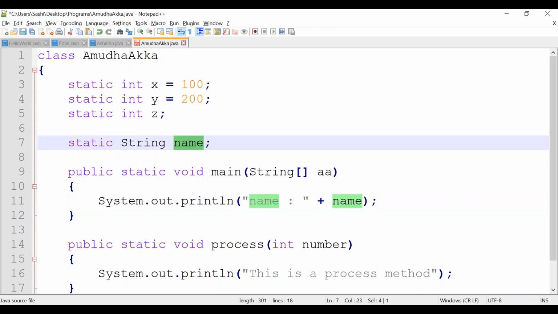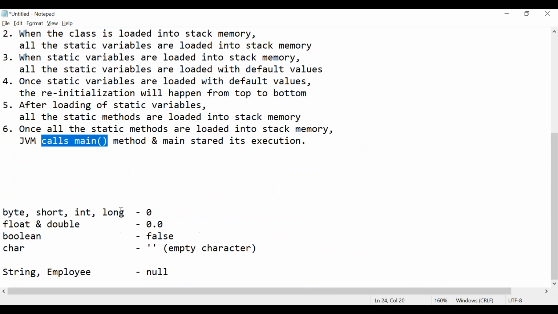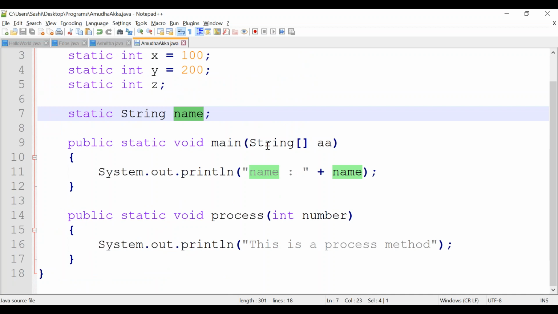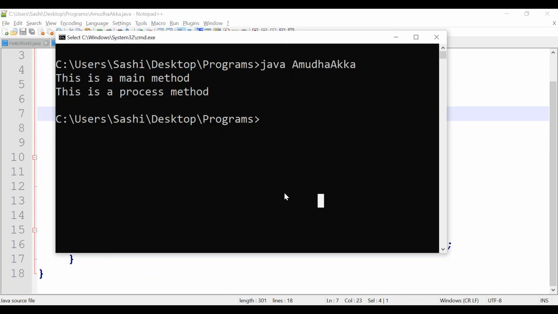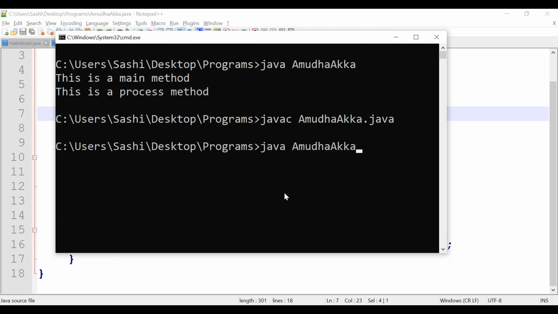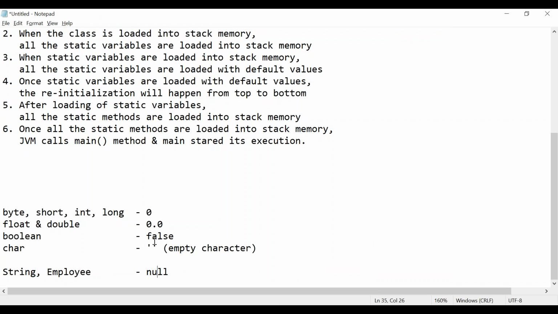You didn't initialize anything. When String name is loaded in the stack memory, it will be loaded with the default value. Default value for derived data types is null, right? So let's save this program again and run this. Javac file name dot java, java file name. See, name is loaded with null because it is a String value. It comes under derived data type. That's why we are getting null.